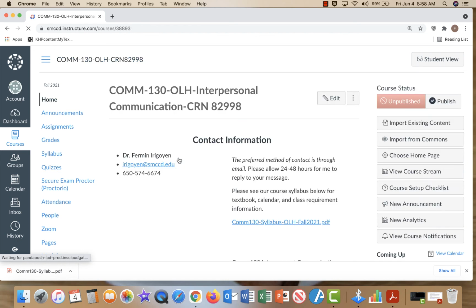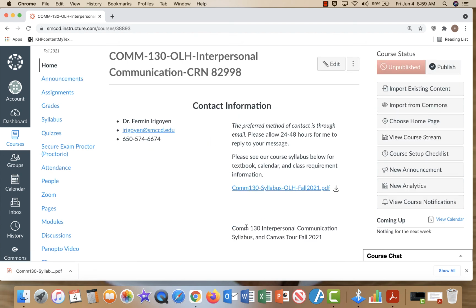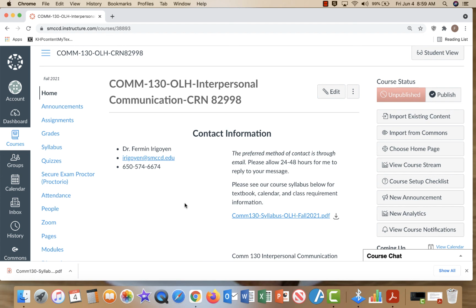Very nice. So here we took a nice little tour of our course syllabus. Some of the things that we're going to stress is that, one, we have no late work for missed assignments, quizzes, or course activities. If you want to contest a grade, you have to do it within 3 days. The best way to get a hold of me is through my email, which is right here on the Canvas homepage. I have a copy of your syllabus, a link for your video. You have all the information here to be successful.